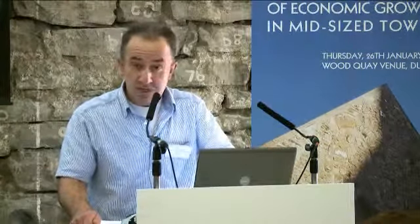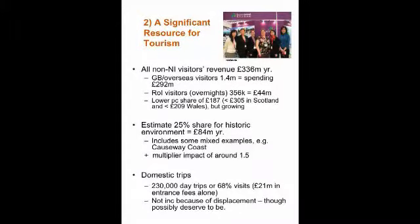And this tourism income has a multiplier effect as it spreads through the rest of the economy, for example, through purchases of input to the sector. And this we've estimated at around 50% of the tourism income. In addition, there's domestic trips by Northern Ireland residents. Now, this is a very important component. There's about